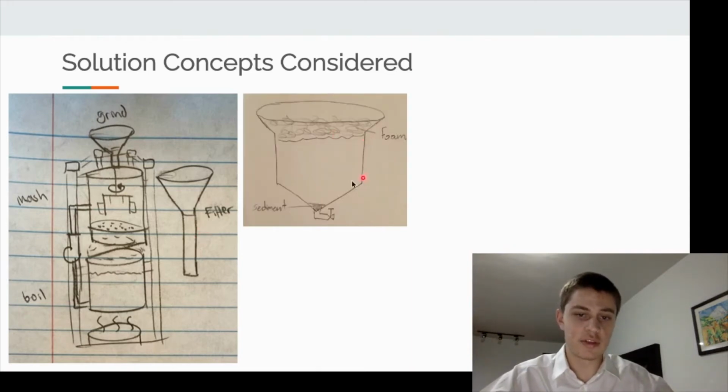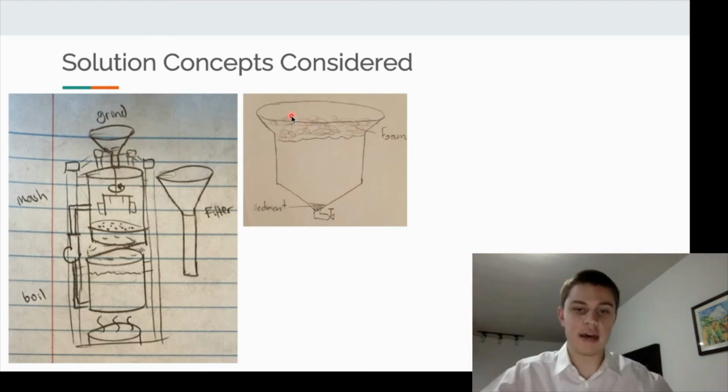It'd be a cylindrical container with conical ends, and it would open up at the top and converge at the bottom. And the reason for this is that we want the sediment here, all the yeast, to collect, and we want to be able to extract that with a valve and reuse that, because that can be reused for further batches and make the whole process cheaper. And also this